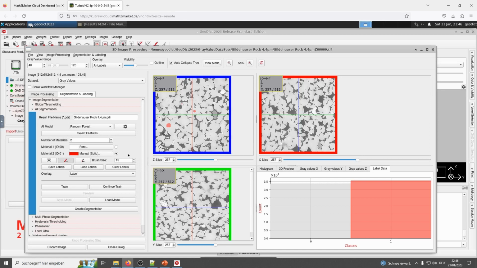Now we have selected the labels and we can save them if we are sure that they are good.